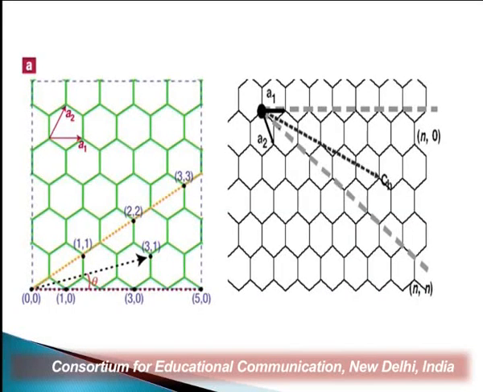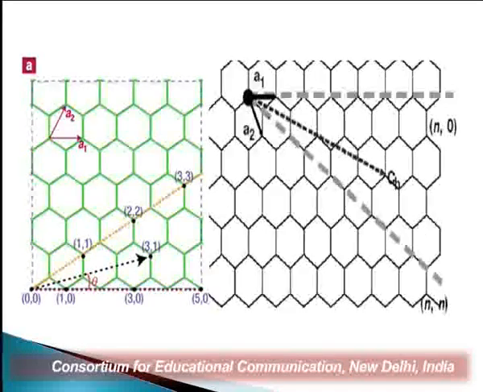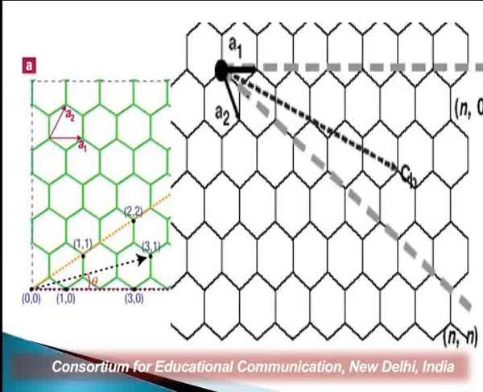Here we see in the diagram that all are arranged 0, 1, 0. We see 0, 0 on the left hand side. After that its value is 1, 1, 2, 2 and 3, 3. These are the number of hexagon rings attached here. Here we see n0, and on the diagonal side we have the n, meaning all the hexagon rings are participating here. So it is defined by a1 and a2, the indices, the distance between the two carbon atoms.